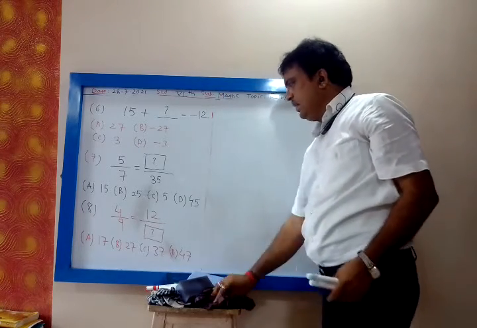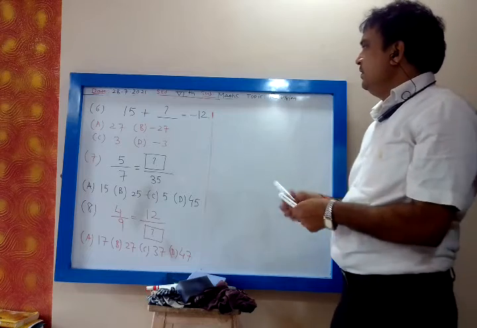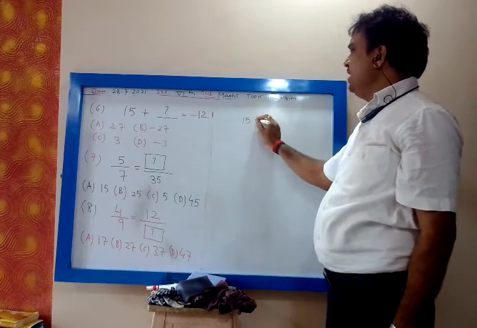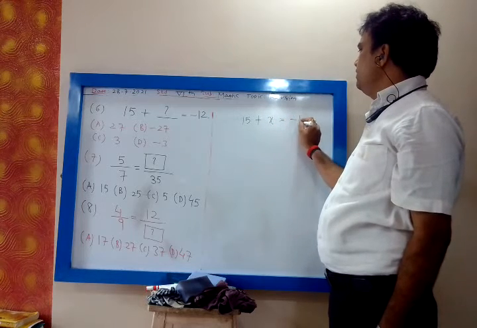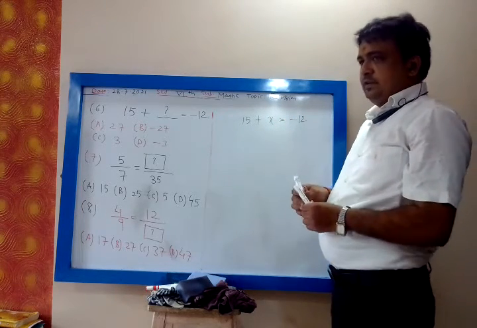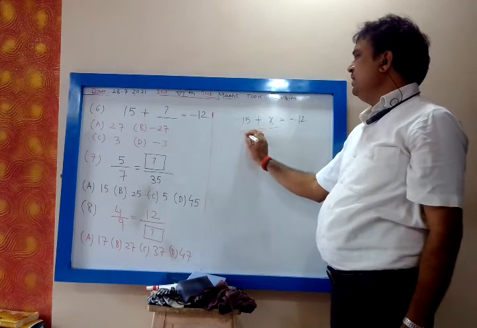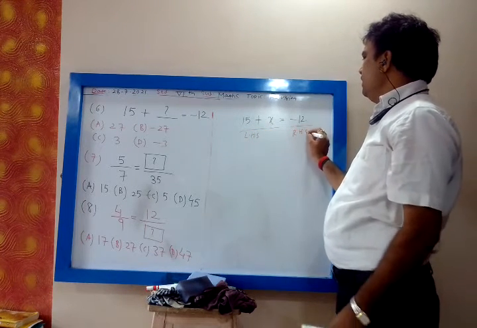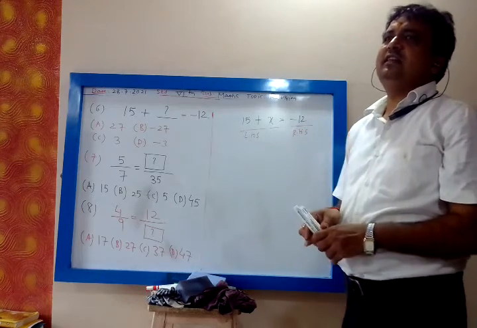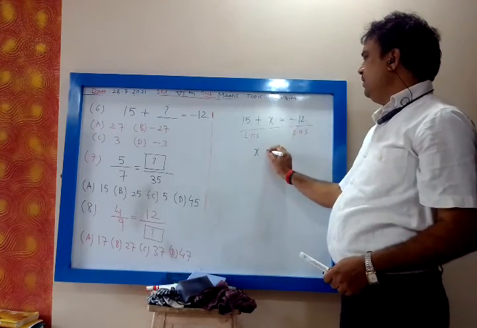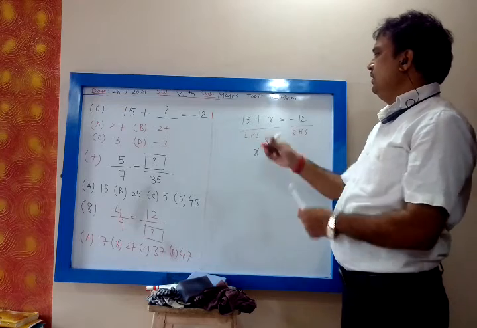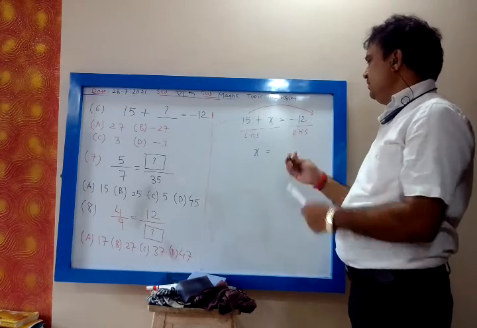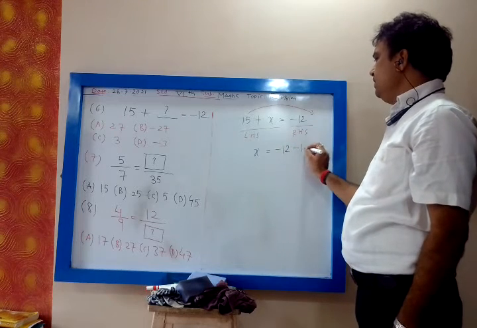Minus 27. Let us see how that minus 27 has come. So minus 15. 15 plus dash. We consider x is equal to minus 12. So this we have seen. Before equal to it is my left hand side. After equal to it is my right hand side. And whenever we change the side, sign changes. So this 15 of left hand side, it is plus 15. I will take it on the right hand side. It will become minus 15.